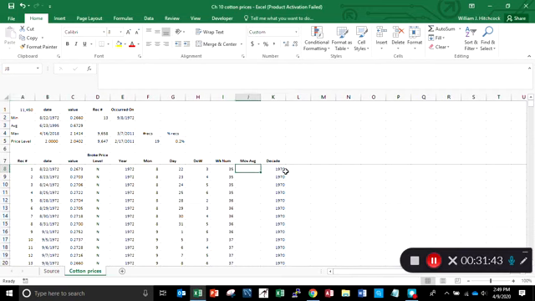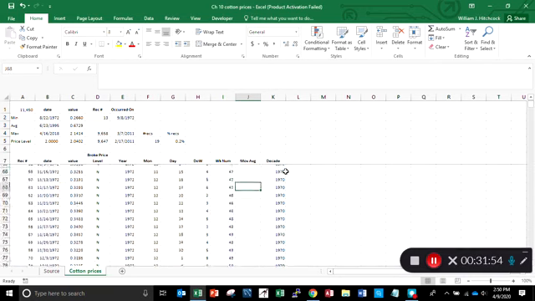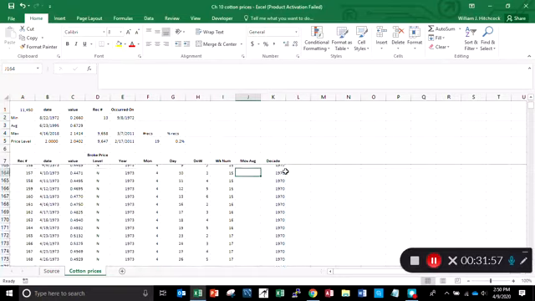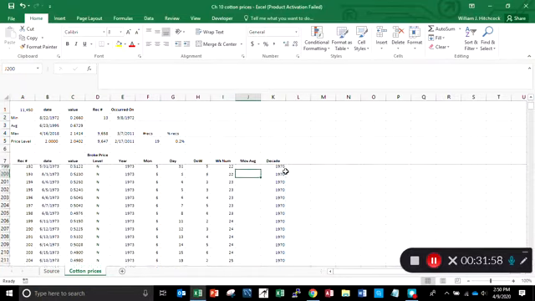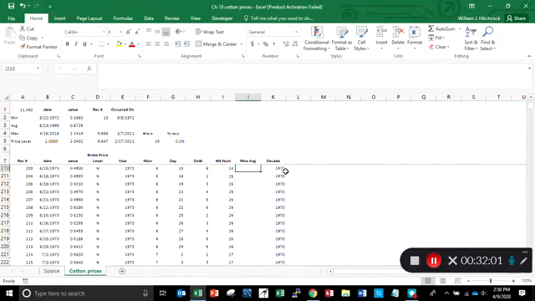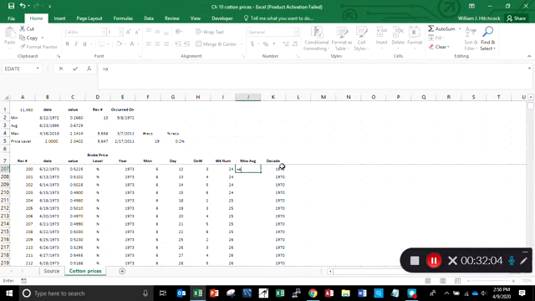For my moving average, let's try a 200-day moving average. So I need to skip down 200 rows, if you will. We can come down and look for record number 200. There we go. And I'm going to type in equals the average